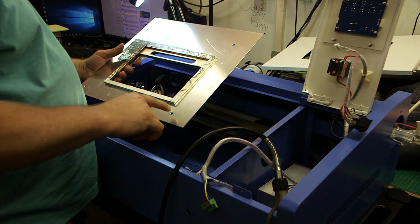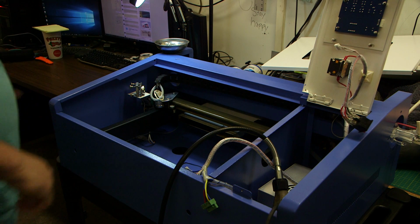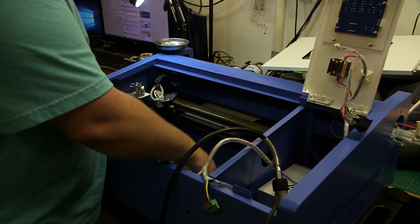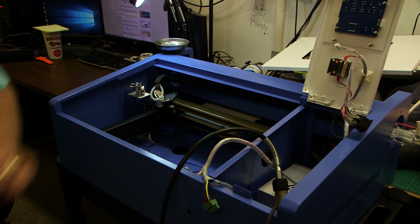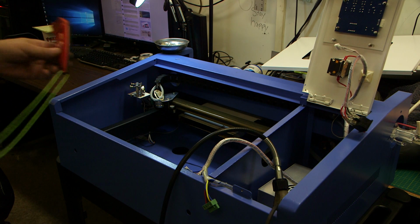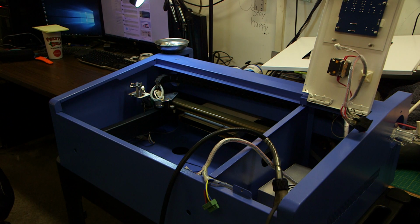So what I did was just undo these 5 screws and work this bed out. And then I had those big standoffs and I was able to unscrew them by hand. All the screws fell through, and then I used a magnet on the end of a string to retrieve them. So